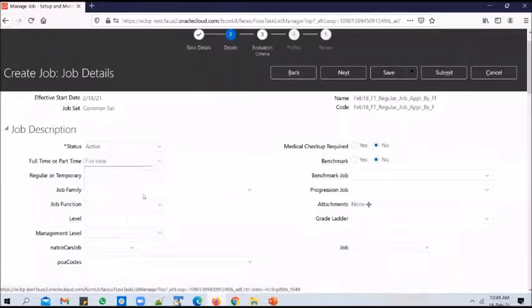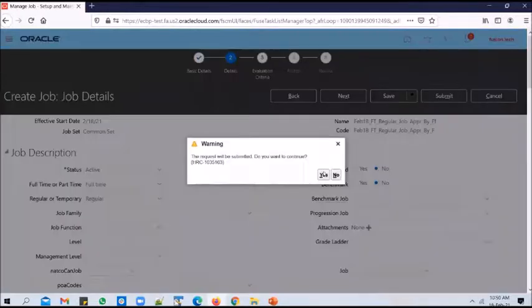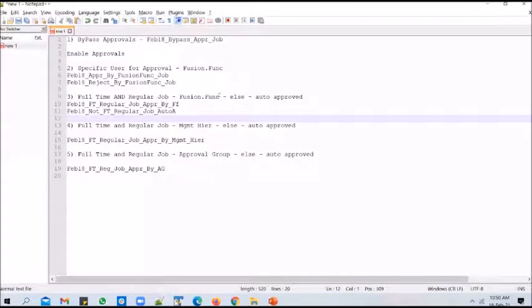So I'll say full-time regular job. I'm creating the first job as a full-time regular job, and it needs to go to Fusion.Func user for approval. That's a use case. Submit. Because we're testing the if condition now, and then we'll test the else condition after that.